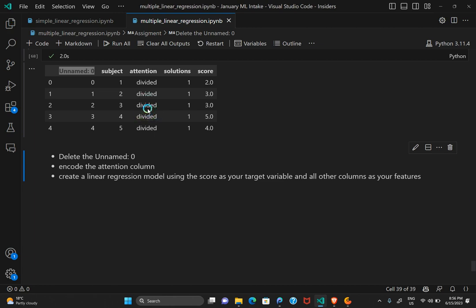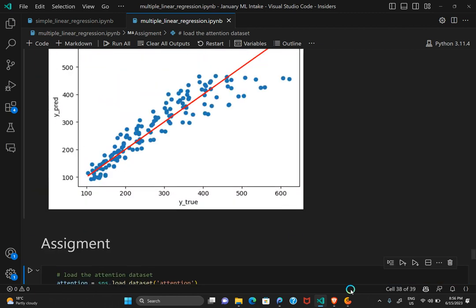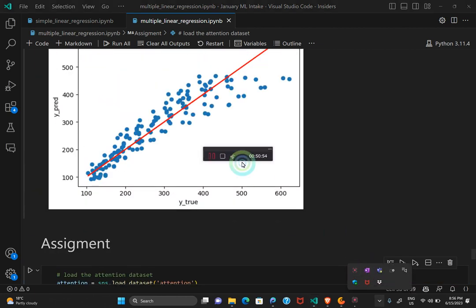I'll upload this notebook to the same drive folder that we've been using, and you can go ahead and attempt that. Yeah, so any questions on what we've covered